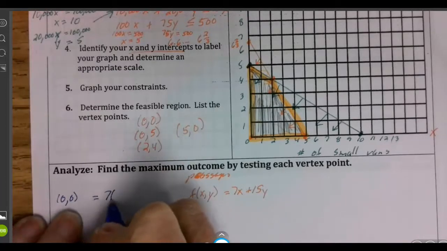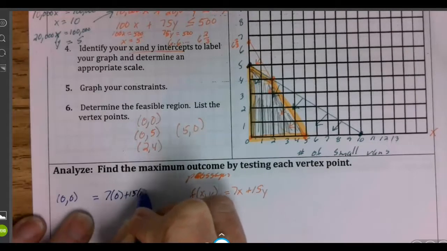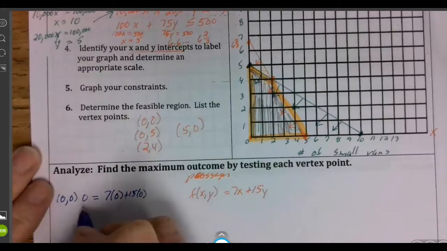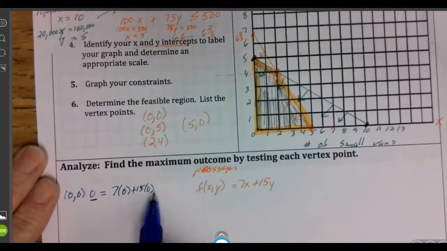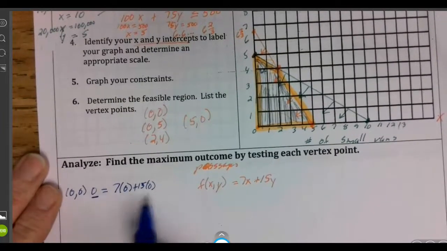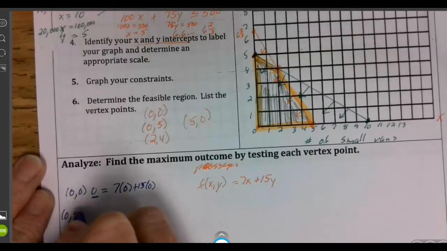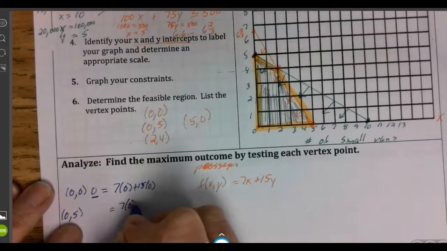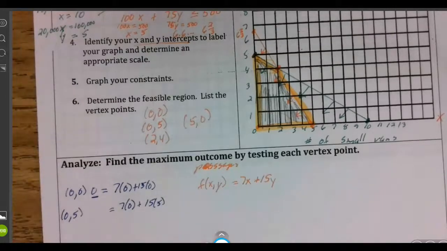So that would be 7 times 0 plus 15 times 0, and that's going to give me 0. So this is telling us the maximum number of people. That's not going to be too smart. It would be pretty silly to buy vans if you can't move any people. The next point we're going to try is 0, 5. I'm just doing these in whatever order. So we're going to take 7 times 0 plus 15 times 5, and that gives us